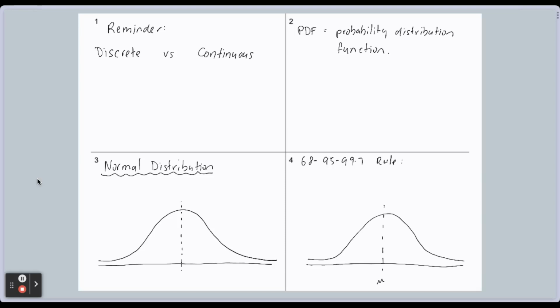Continuous data is not countable. It is a range of data, and what we need to do is make room for the fact that we might have a data set with specific numbers in it, but there could be numbers outside of that. So, for example, length or weight. Your data set might have,